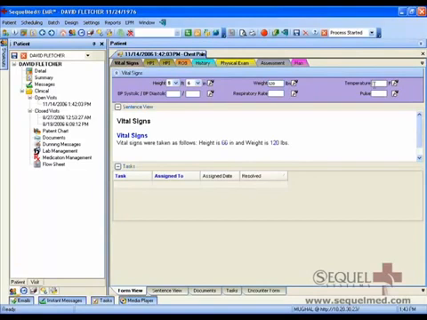The mode of entry, whether it's through a tablet or through voice recognition or through point and click, is a matter of hardware, and each one of them is compatible. Our EHR is compatible with any one of them, so you are free to use any of those modes of entry. So as you are selecting these different values and entering them, you notice that at the bottom it is